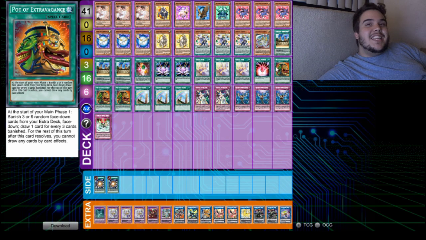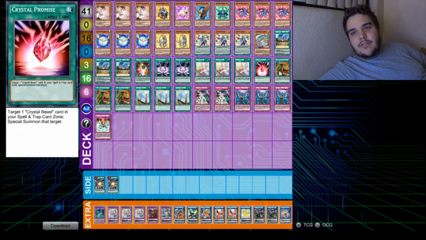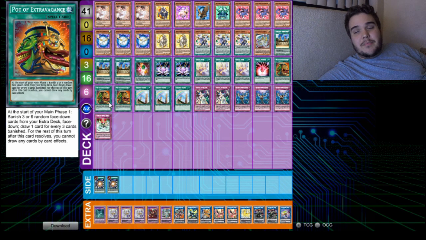We do not really need the extra deck, so I'm maxing out on Triple Pot of Extravagance as opposed to playing, what's the card? Rare Value. Rare Value is also not searchable, so there's no real benefit to playing Rare Value over Extravagance or playing both. I feel like Extravagance is just the better bet because